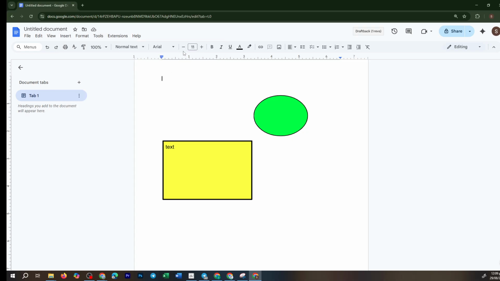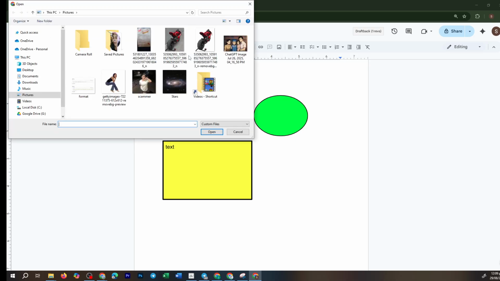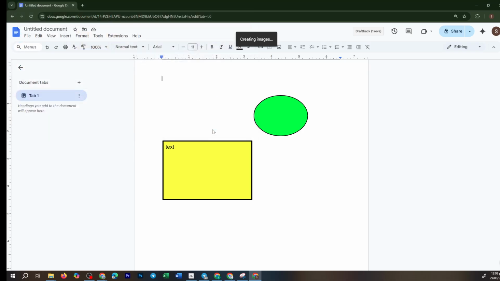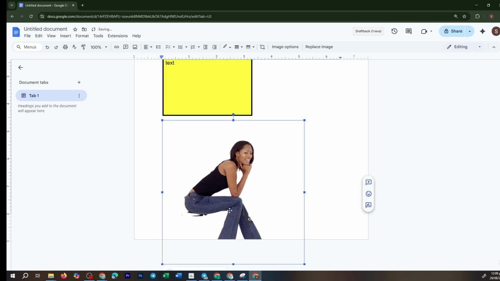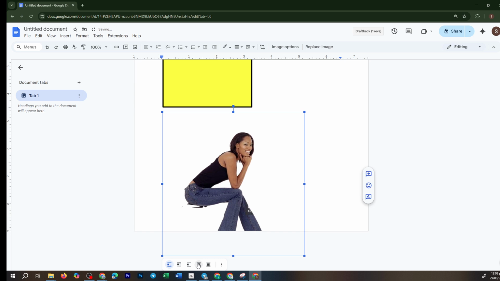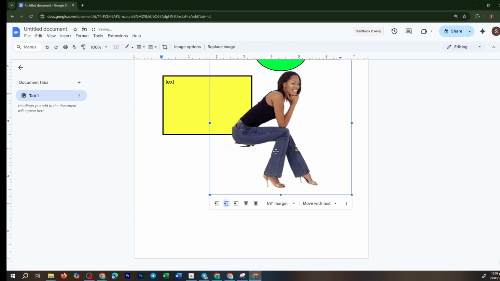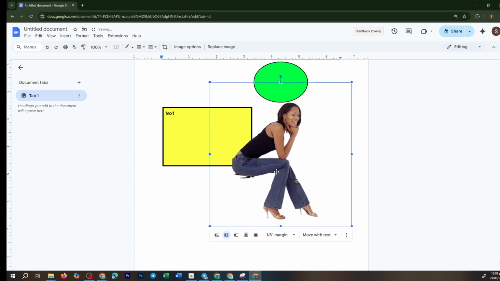A visual touch with images can really elevate your flyer. Navigate once more to the Insert menu and choose Image. Google Docs provides a wide range of sourcing options, including your computer, the web, or Google Drive. For simplicity, let's upload an image from your computer. After selecting your image file, click Open. Again, make sure to choose Wrap Text, granting you the freedom to position the image wherever it looks best within your flyer layout. And there you have it, a creative